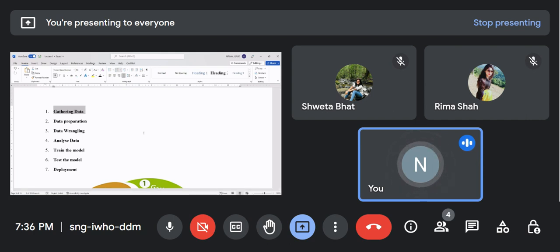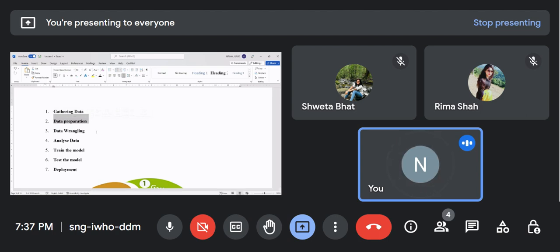Then you need to perform operations over the data, because ultimately we need to work on data itself. All the technologies which are present right now, whether it is data science, data analytics, machine learning or deep learning, everything depends upon the data. And I already told you that it's a data driven technology. So you need to collect the data, then you need to prepare the data